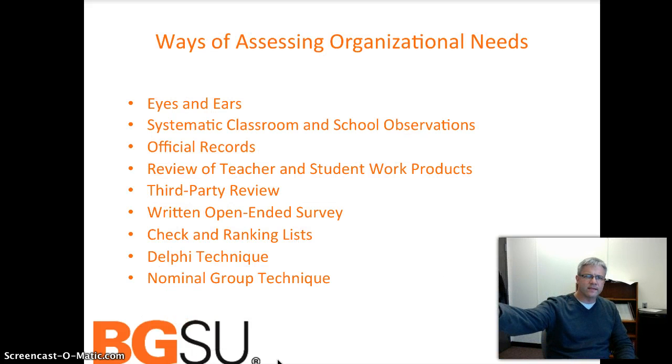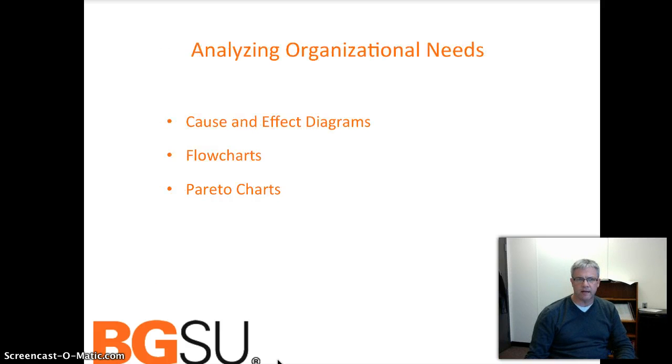So here are ways of assessing, and Glickman goes through this list, right? This kind of eyes and ears that we're looking, that we're doing some systematic observations. We're looking at official records, test scores, report cards, discipline referrals, maybe other data that we can pull from the student information systems to help us with that. Review of work products, so if we say this is what outstanding student work looks like, how are we getting through those things? And you go through this list of other possibilities, and they're outlined with brief descriptions in the text, and I thought he did a nice job with those.